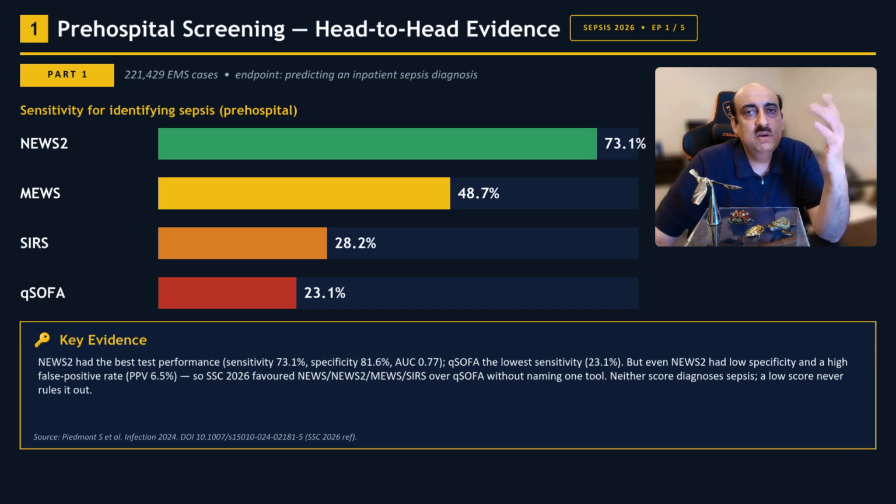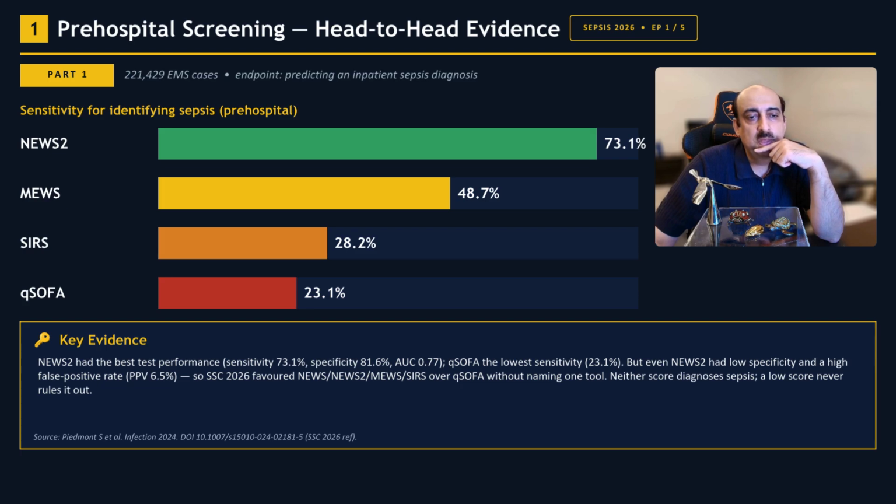And again, the honest limitation is that the NEWS2 specificity of 81.6% still left a positive predictive value of 6.5%, which means a lot of false alarms. The reason is that the total cohort had hardly 1.7% patients with sepsis. So out of a large pool, a small proportion had sepsis, and that's why the positive predictive value dropped down. Anyhow, from a sensitivity point of view, NEWS2 had the highest sensitivity, 73.1%, while qSOFA had